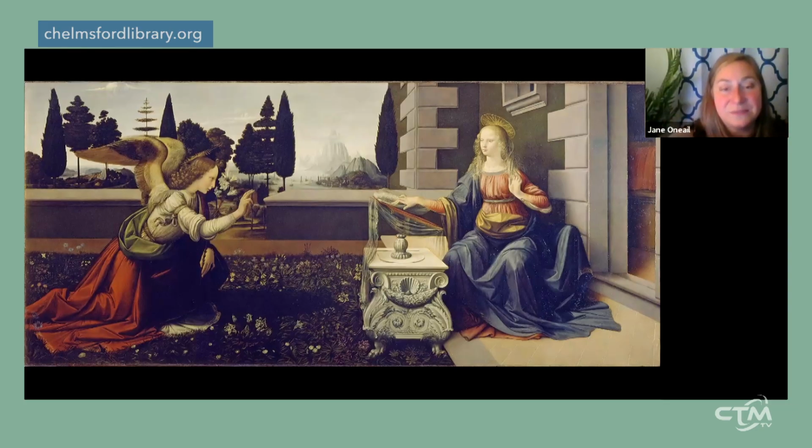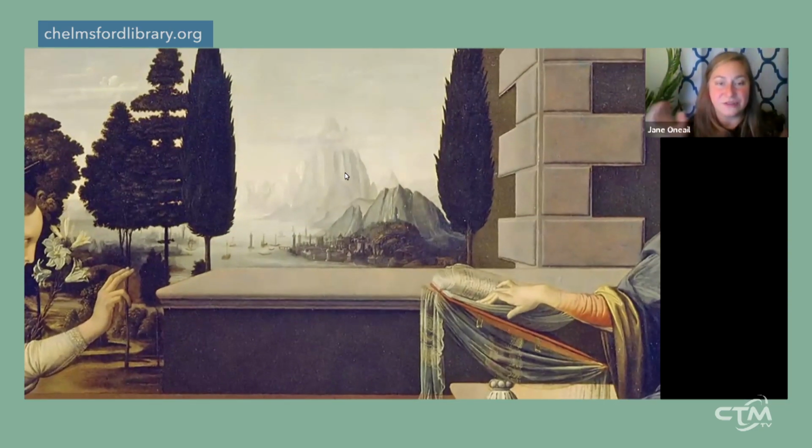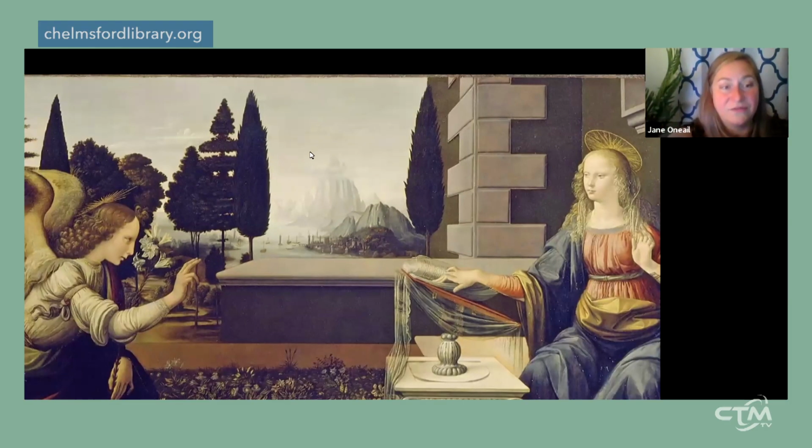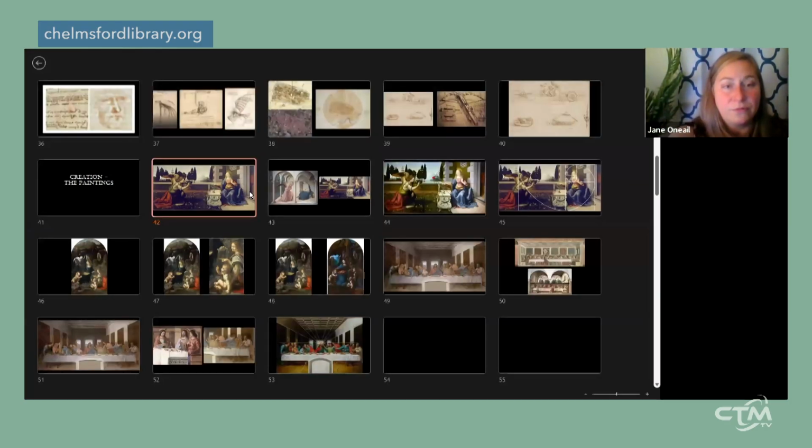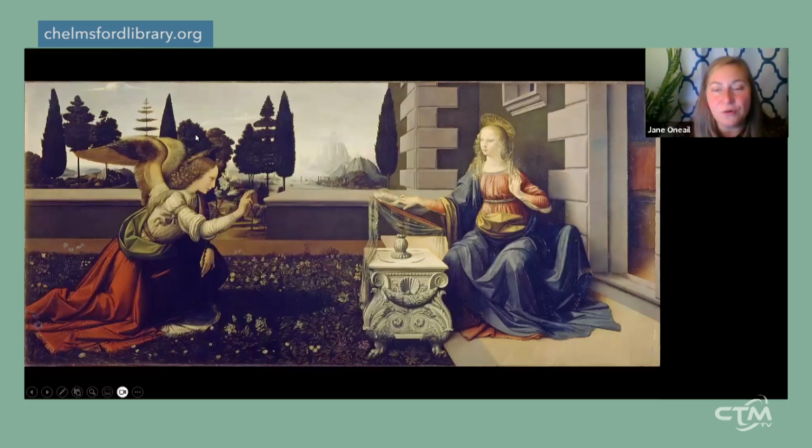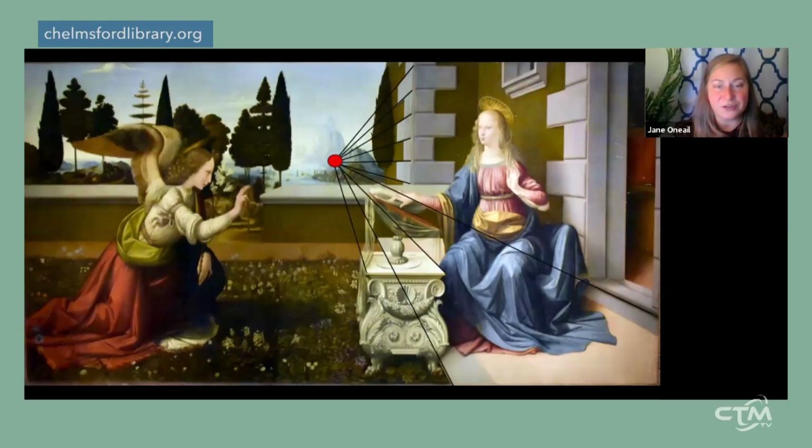vast expanse of a background. I'm going to sort of zoom in on this for you so that you can see just how much detail is beyond these figures here. It's really quite stunning. So, here we go. So we can see that a lot is being portrayed here. We're not even getting into like all of the botany here, but I will just say that with this picture,